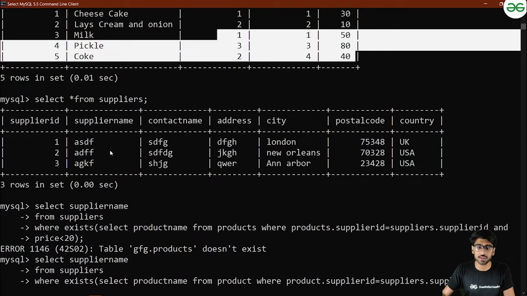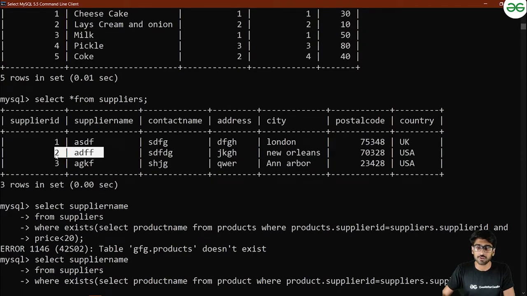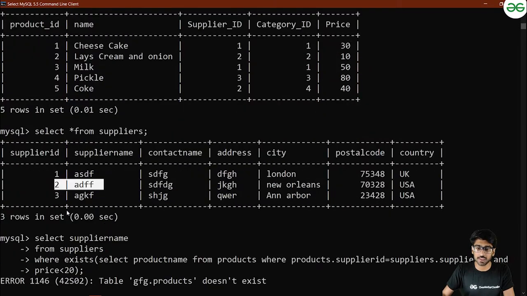ADFF was the result. Yeah. So the supplier ID matched from this row of the suppliers table, and shows us the output, like the supplier ID matched the product name. Okay, and that's why the supplier ID given over here is two. Okay, and